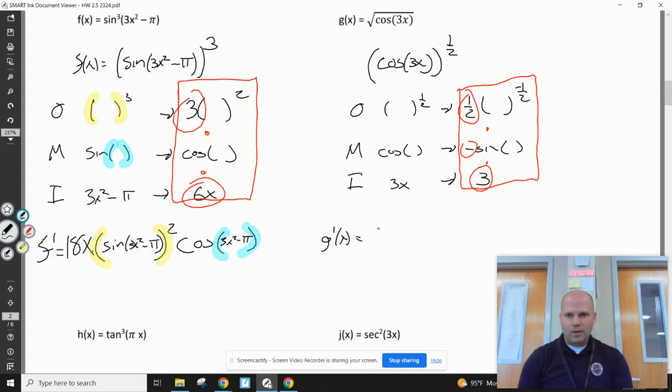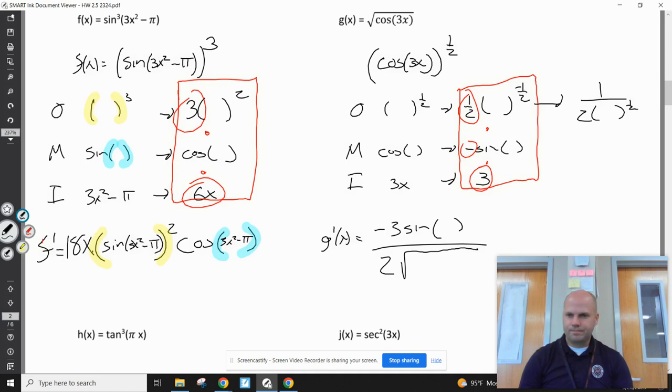So I have -3 sine parentheses in the top over 2 root parentheses. Why did I get that? That's the same as 1/2 to the 1/2. I'm writing that there. The -3 stays up. The sine stays up. I mean, this is just good practice. Do you understand how to rewrite things, how to keep things simplified? Good practice for a test